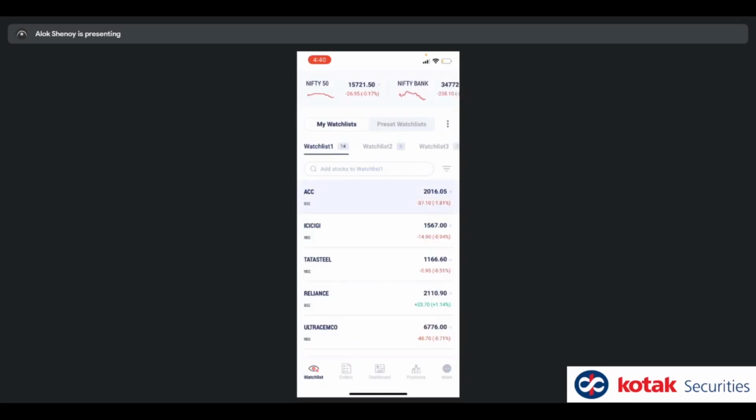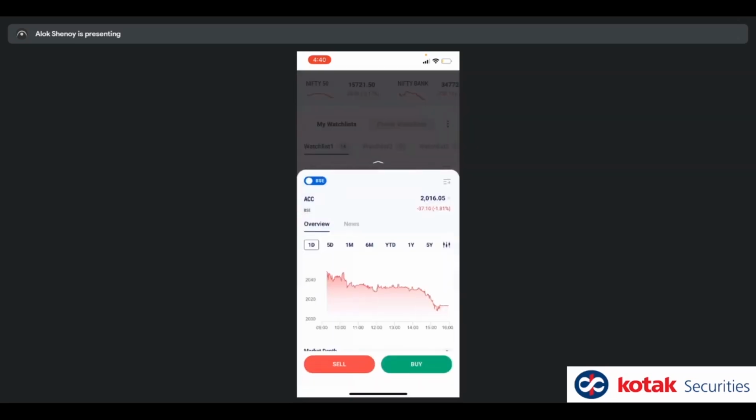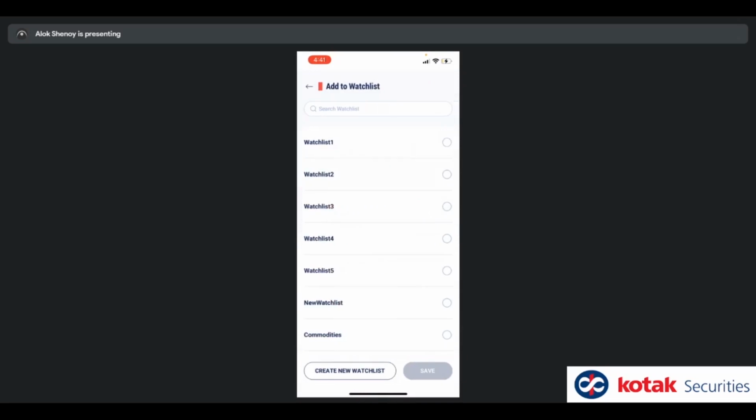Now if you open ACC, first a small window opens, a small window like this is open. Okay, and you can actually, just 1 second please, I'll just connect my charger, okay, you can just click buy sell and start trading from here. यहीं से आप ट्रेड प्लेस कर सकते हैं बाय सेल पे क्लिक करके। If you want to add to another watch list, there is a plus icon on the top, you just click on it and it will give you an option of which watch list you want to add it to. If you want to create a new watch list, the option Create New Watch List is available, you can click on that.